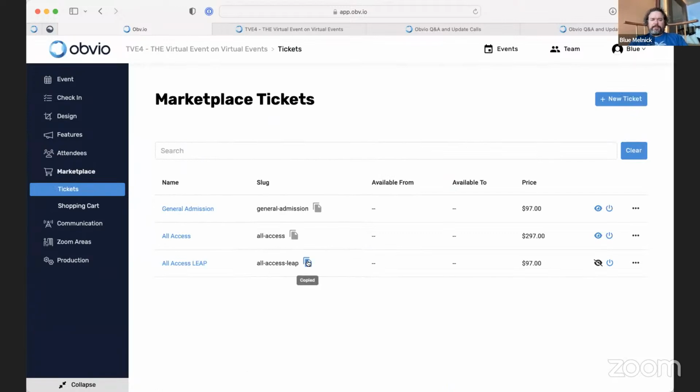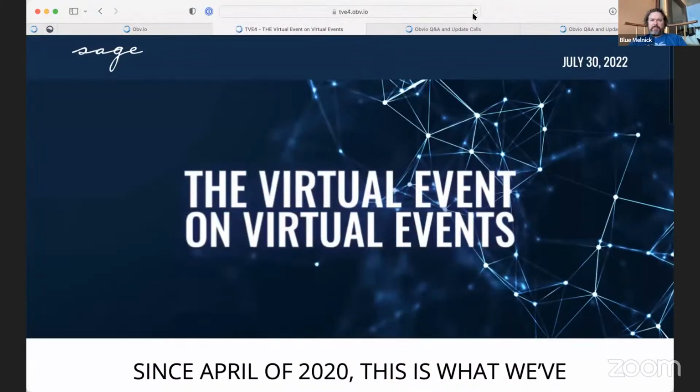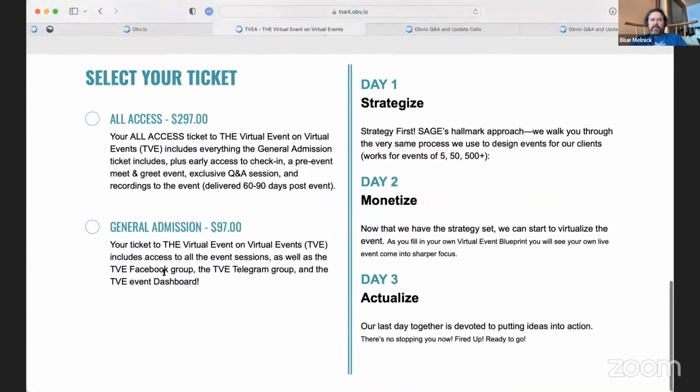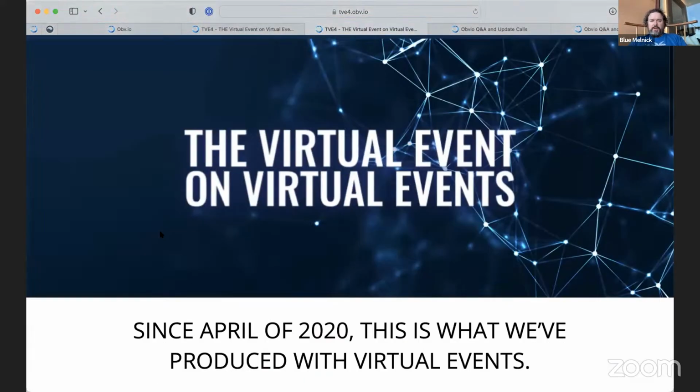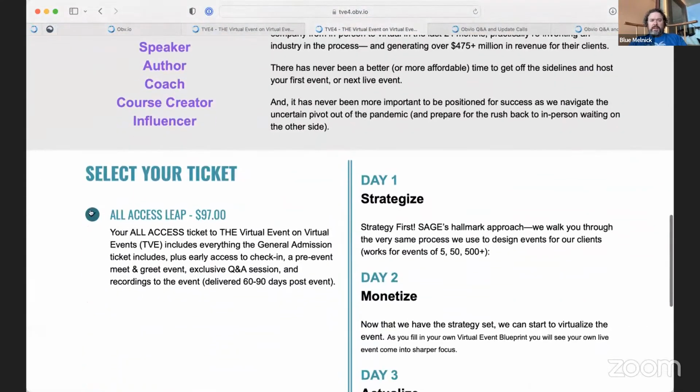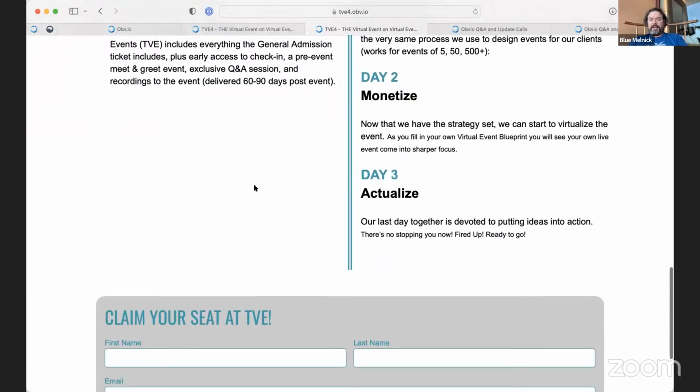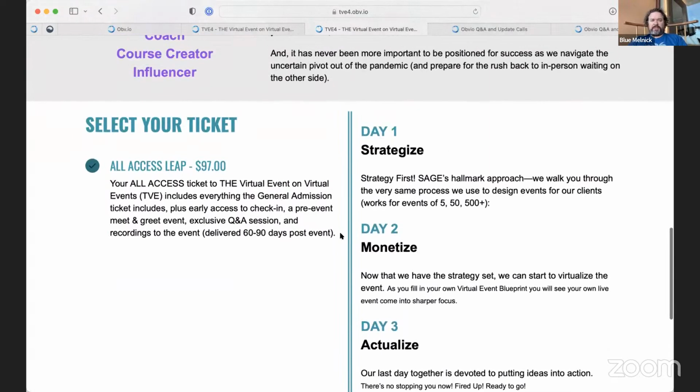What'll wind up happening is if I go to the registration page and refresh this page, you won't see the leap general admit or the leap ticket type because it's a hidden ticket. But if I go to the URL that's associated with that particular ticket type, then you see the all access leap ticket. So you can have hidden ticket types for people who are special invites, or you could do a complimentary ticket this way as well,